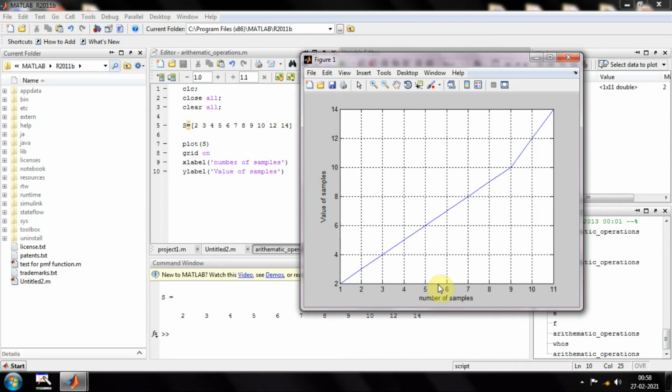At that moment you won't understand what this figure is for and what the next figure is for, so you will be confused. To avoid those confusions and to make things clear, we use xlabel, ylabel and title.